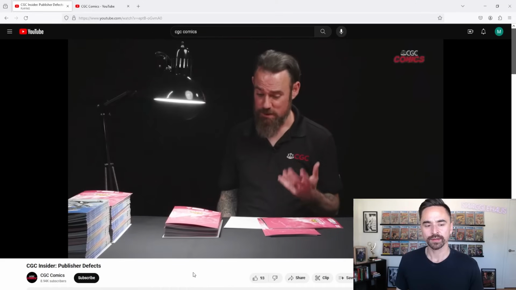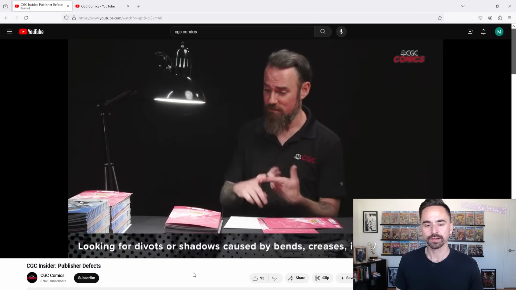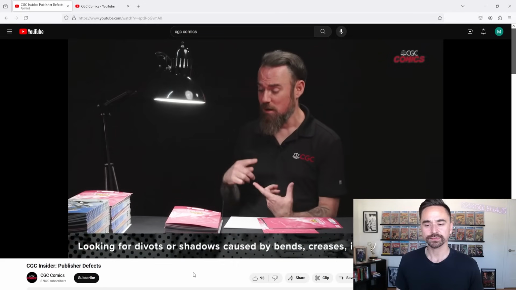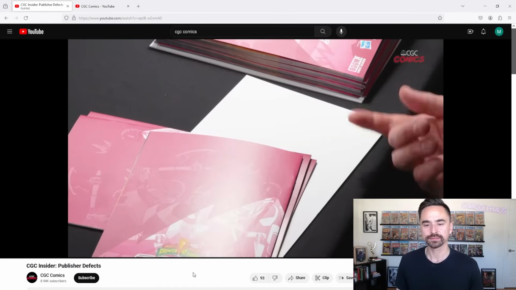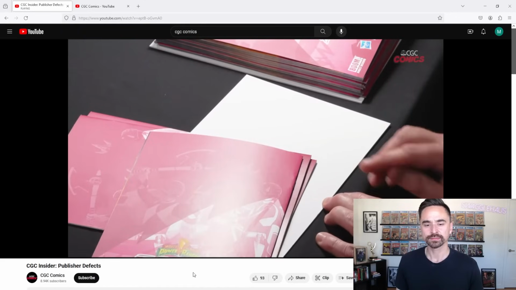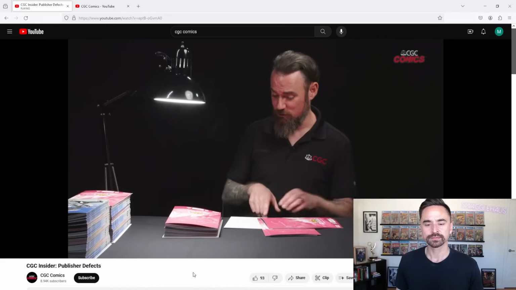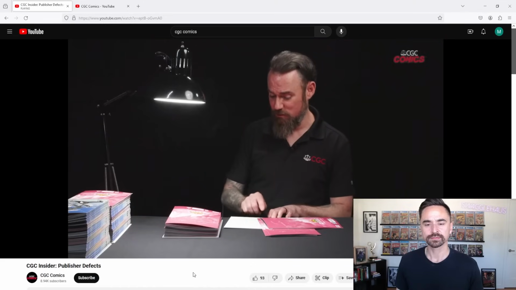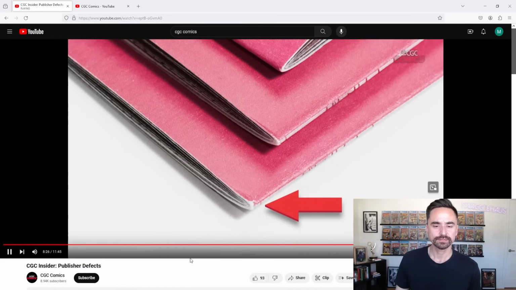So as I was going through this stack and using the light to my advantage, what I'm looking for are divots or shadows caused by bends, creases, indents, crunches. Now I'll show you these three right here I took out of that pile. As I was going through them, I noticed some defects here on the back cover. On these books, you can see the slight little dark shadows, these two on the bottom, particularly on the spine. These are slight little impacts, which won't take it out of 9.8, but unfortunately won't put it in the 9.9